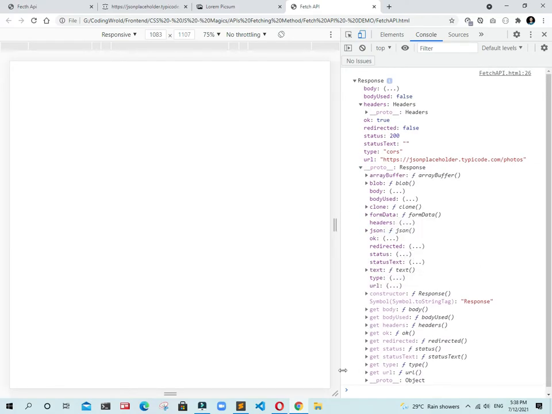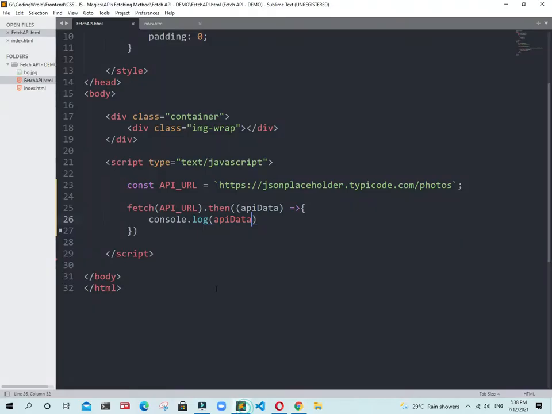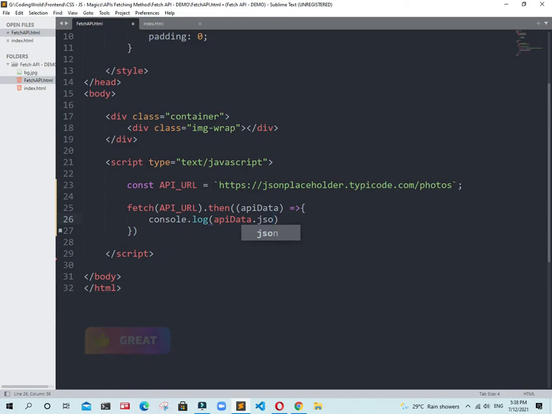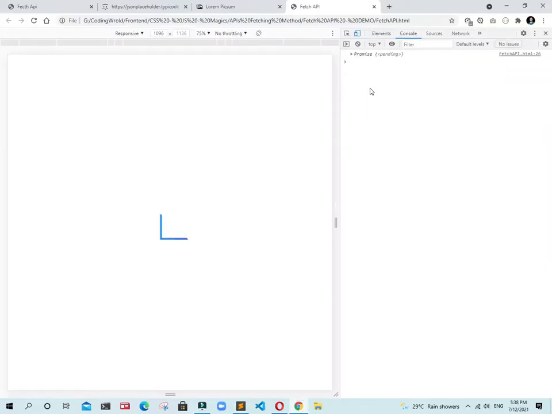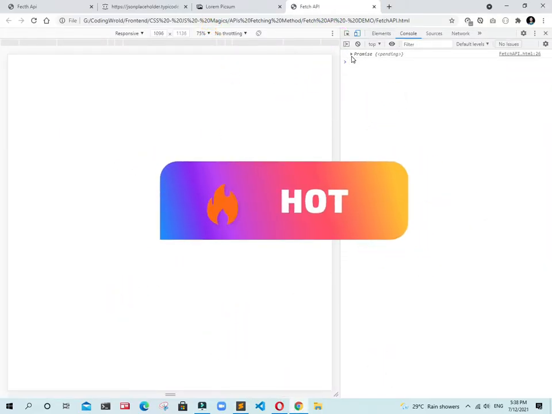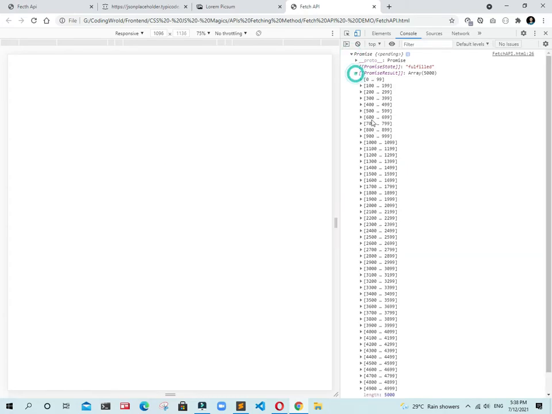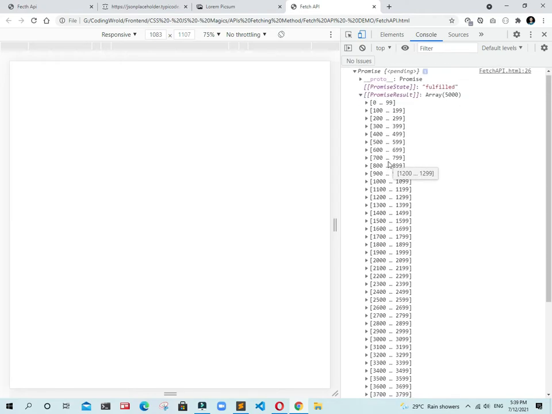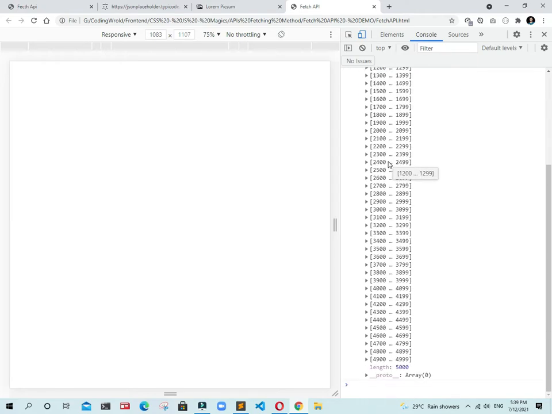Now again go back there. We need to send data as a response in JSON form. Go back there, and boom guys, it's a promise. This is a promise in JavaScript. We are fetching all the data, and this length is going to be 5000.